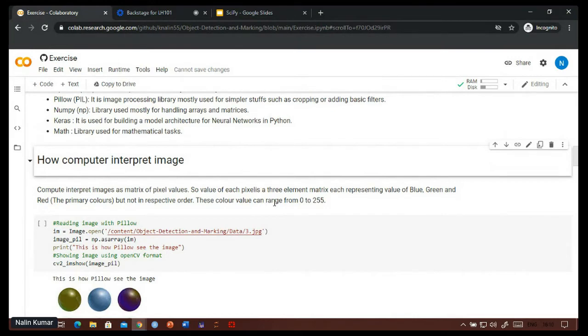Its value is a three-element representation: a value for blue, a value for green, and a value for red. These are the primary colors. The values for each color range from 0 to 255, and based on the combinations we get the desired color for the pixel.